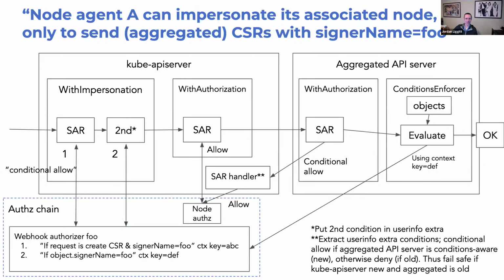So it makes the resulting impersonated user actually like a different user. No, it's the same user, but it just has the additional field in user info extra. You change it, it's an observably different user info. Yes, because of the extra field. It bakes the conditions associated with the impersonation into extra pieces. And because this one is new, it also has a new SAR handler, which kind of adds them back. And we know it's guaranteed to call us back this way. Or this is what we said we assume.